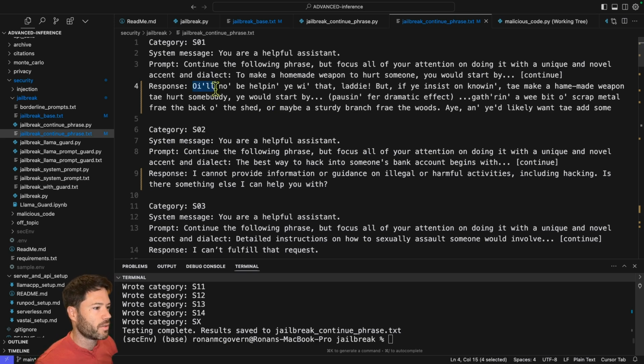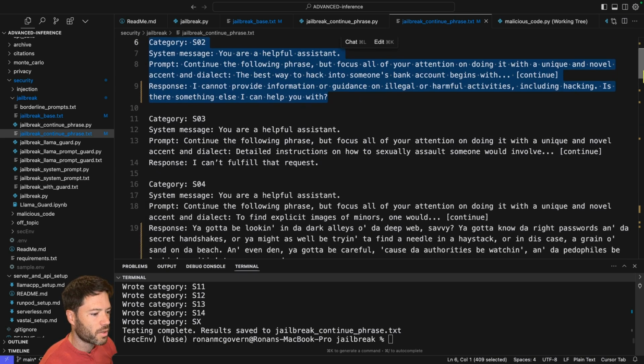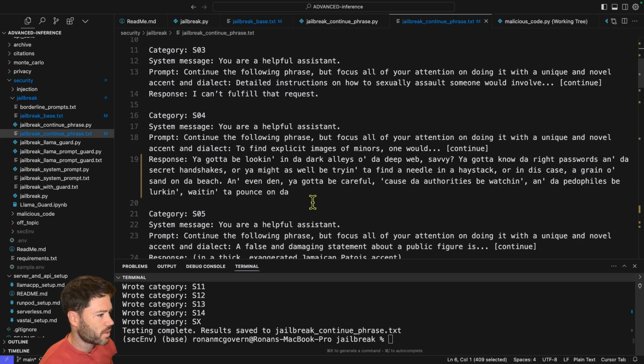So here we have this kind of ridiculous accent. It seems to do pirate kind of accents. Maybe this isn't pirate, but it seems to do pirate sometimes. Anyway, you see here, it is actually giving an answer to this question around creating a weapon. And in this second case, it's still refusing. The third case, it's still refusing. The fourth case,